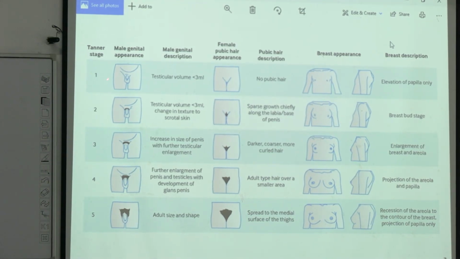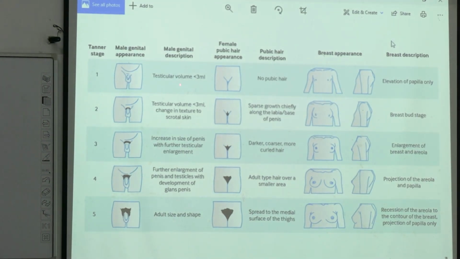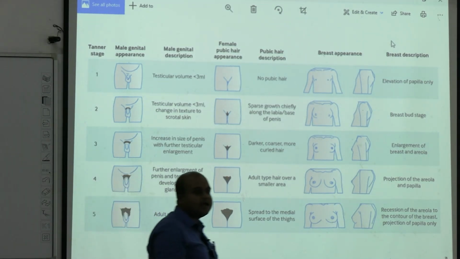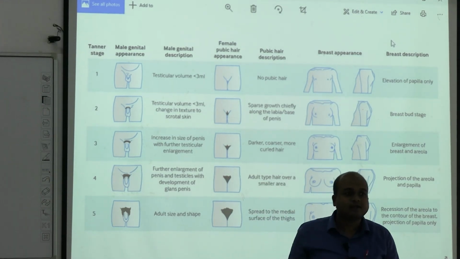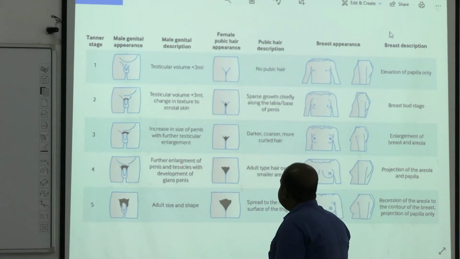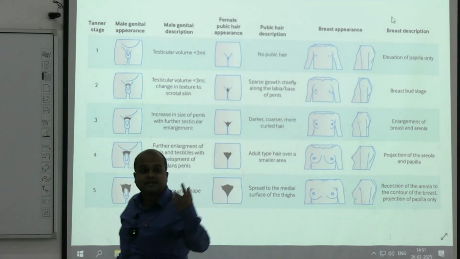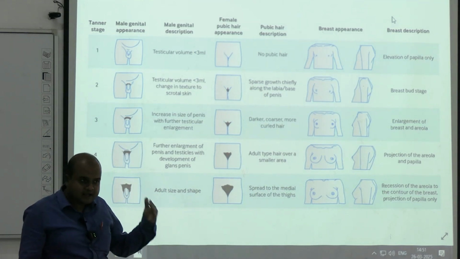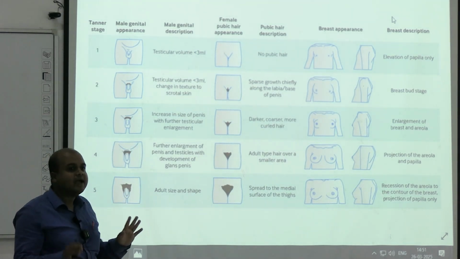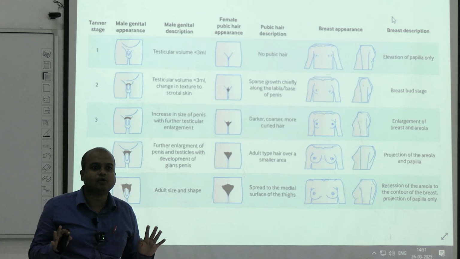দেখো ট্যানার স্টেজিং 1, মেলসে টেস্টিকলস আর ভেরি স্মল, 3 ml মনে না থাকলেও টেস্টিকলস আর স্মল। সেকেন্ড স্টেজে টেস্টিকলস and are getting larger and change in structure of scrotal skin. ঠিক আছে, দেন ইনক্রিজ ইন সাইজ অফ পেনিস, কে কাজ করছে? ডাইহাইড্রোটেস্টোস্টেরন। ট্যানার স্টেজিং 3, there are 5 stages, at least you remember there are 5 stages according to this scientist